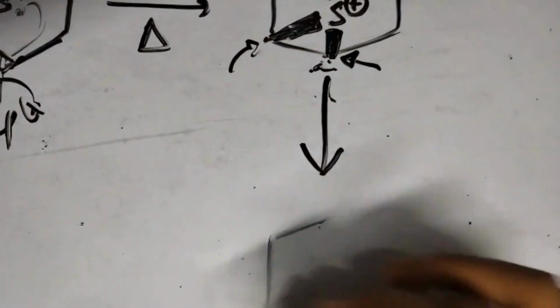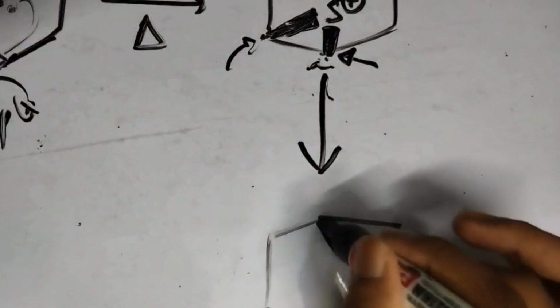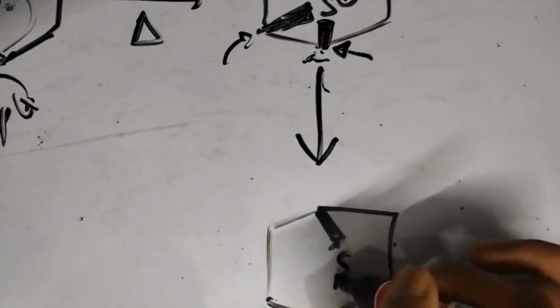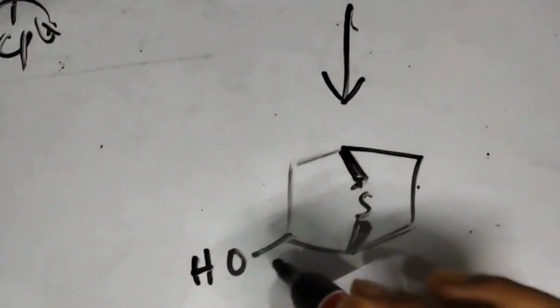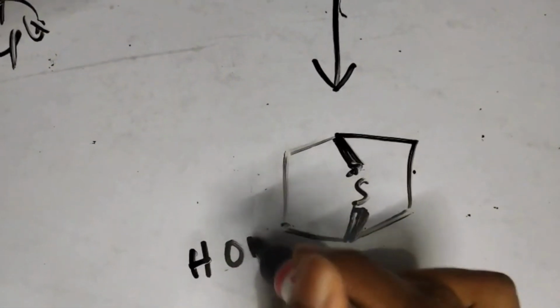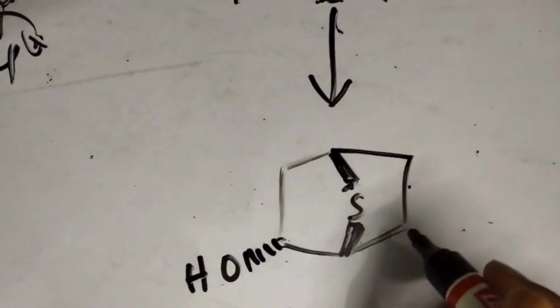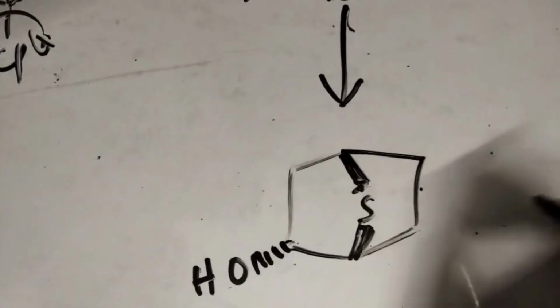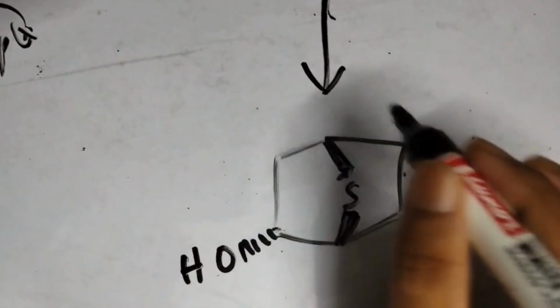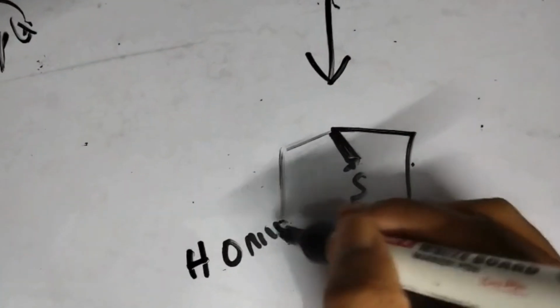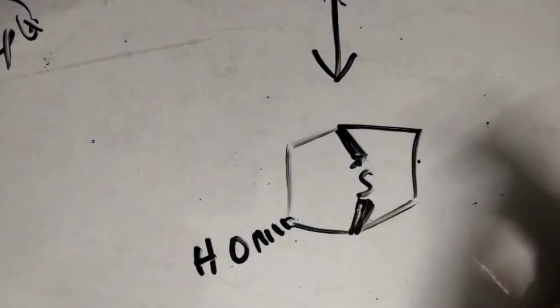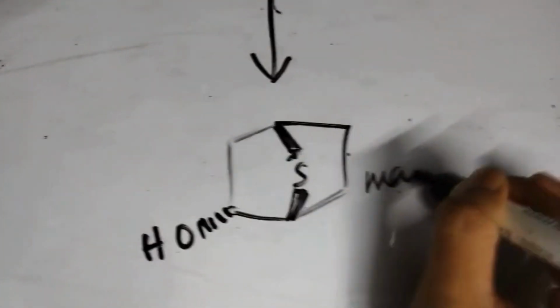and therefore the attack for the major product would be from this side, by the H2O molecule, followed by the removal of a proton, we get the compound as this. And as this is an SN2 attack, the attack would be from the dash position. So this is the final compound, which involved in the first step the neighboring group participation of the sulfur atom, and then an SN2 attack on the site which is most favored. So this is the major product,